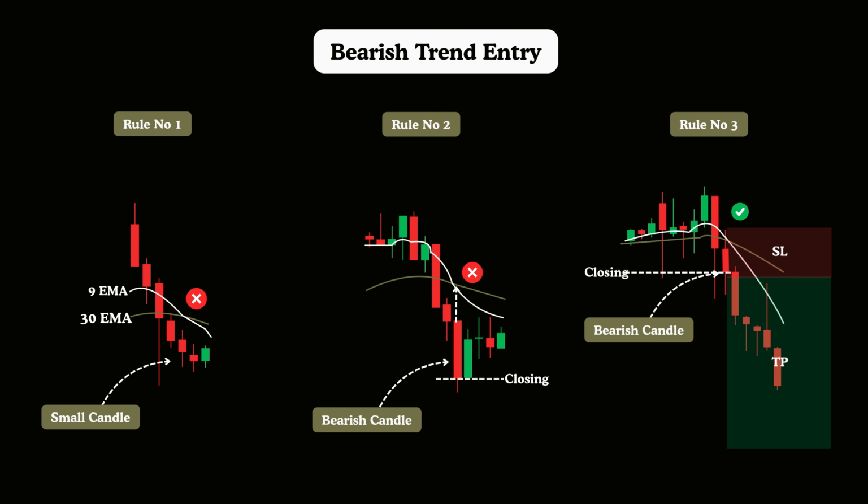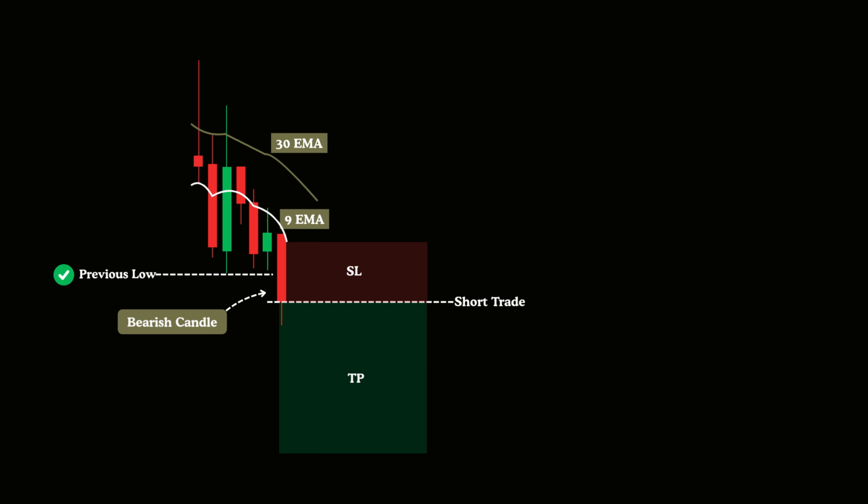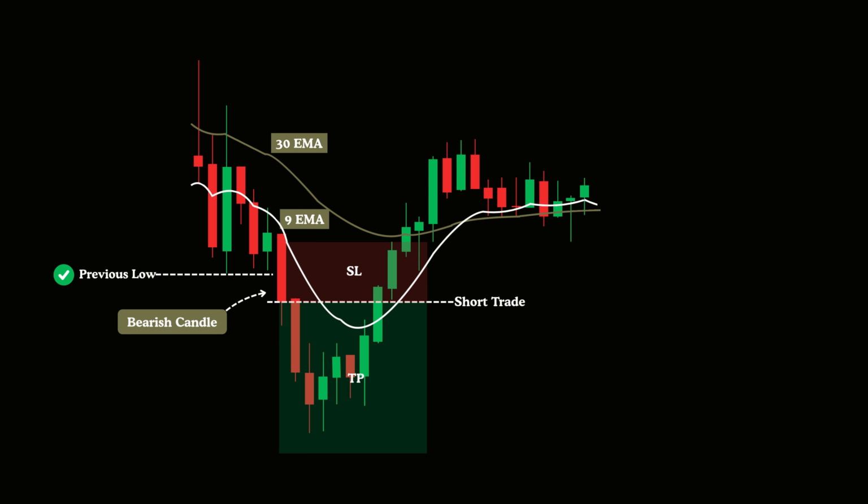Let's see this on a live chart. For example, on the 3-minute timeframe chart of Nifty 50, as soon as the market opened, a large bearish candle closed below our 9-period EMA, trading under the 30-period EMA. This candle also broke its previous low, forming a bearish price action setup. At this point, many traders entered short trades after the candle's close, but the price dipped slightly and then reversed, leading to losses. However, if you notice carefully, the price was already far away from its 30-period exponential moving average